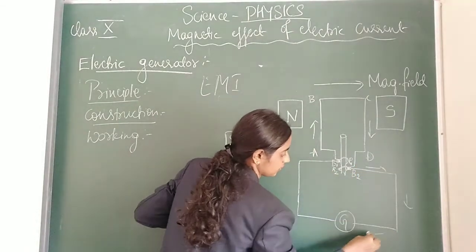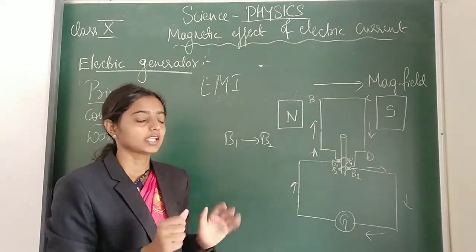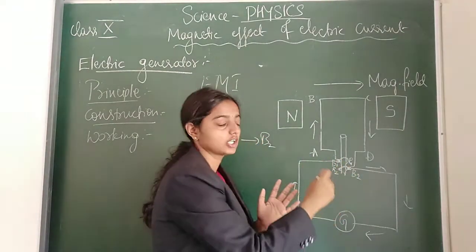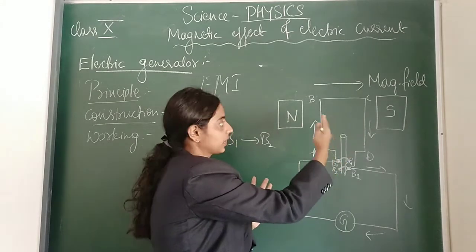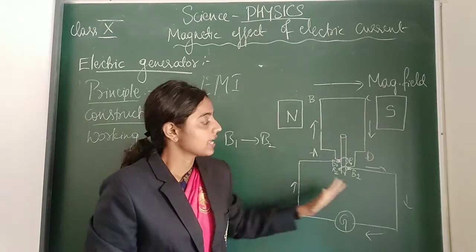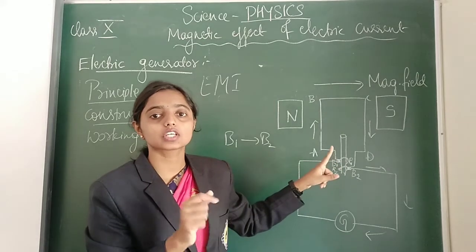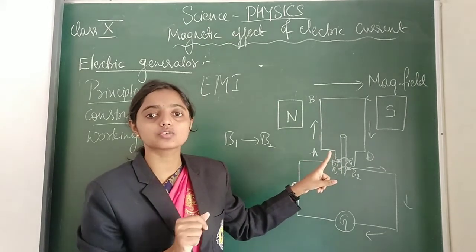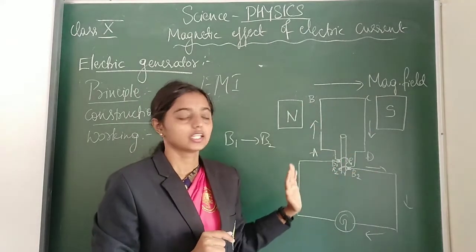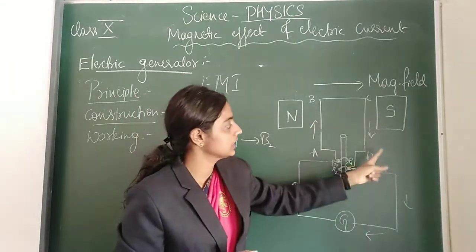So here what happens? Later on, the direction of induced current looks like this. And here again observe what I told. After each interval of rotation, one coil side is coming upwards and another is going downwards, right? As a result of this process, the direction of induced current will be different in each case for AB and CD. That means when it is upward, the induced current, see here, for AB it will be upwards, for CD it will be downwards.